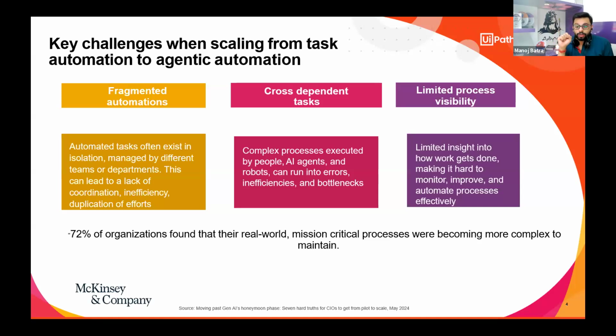But once you try to move from a few bots to a few hundred bots, or once you try to connect different teams or different systems, things actually start to get a bit tricky. On the slide, you can see three different challenges that we face as we grow into more bots or scale up. The first challenge is called limited process visibility. Let me explain that in very simple terms for you.